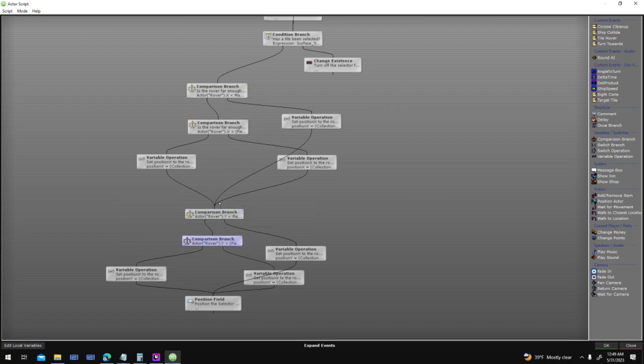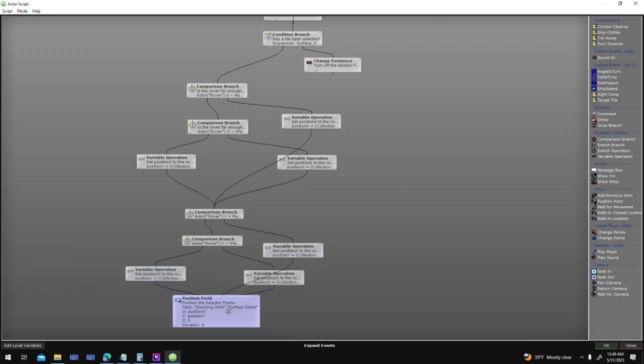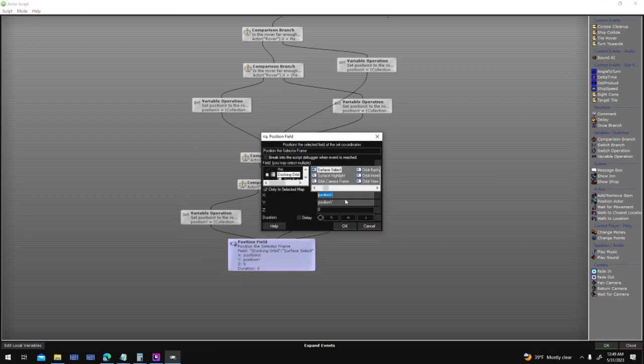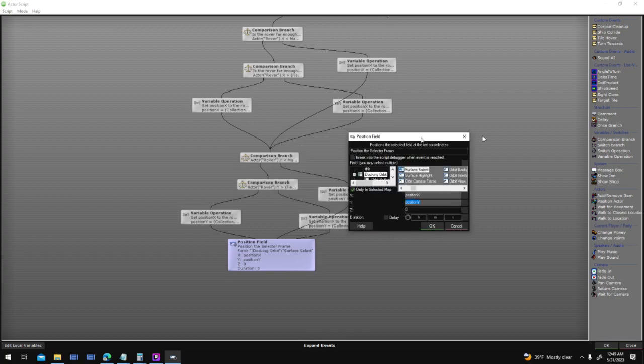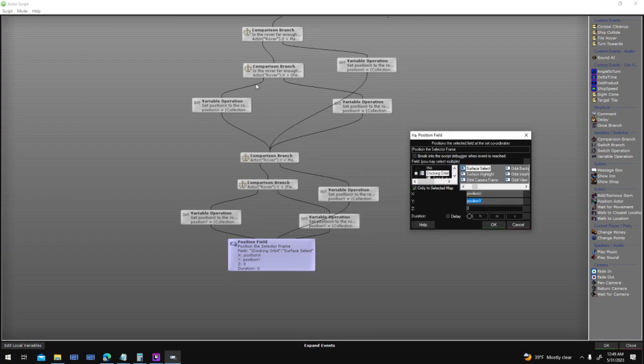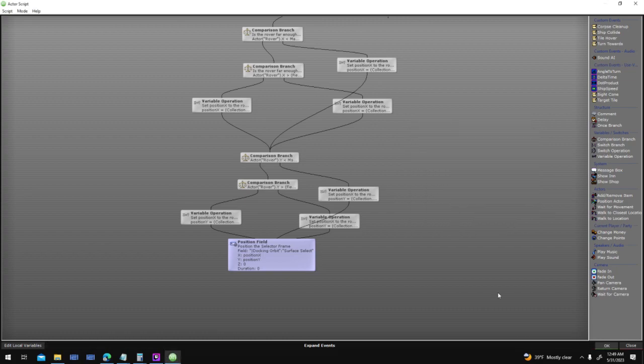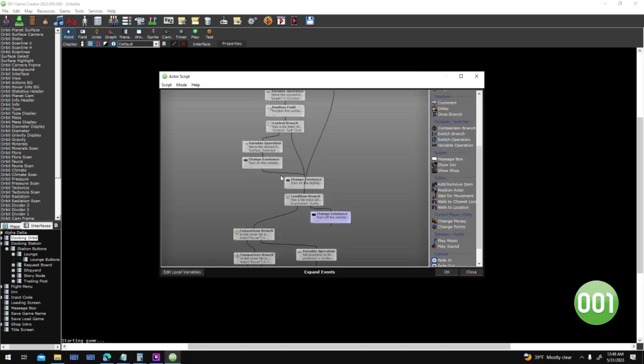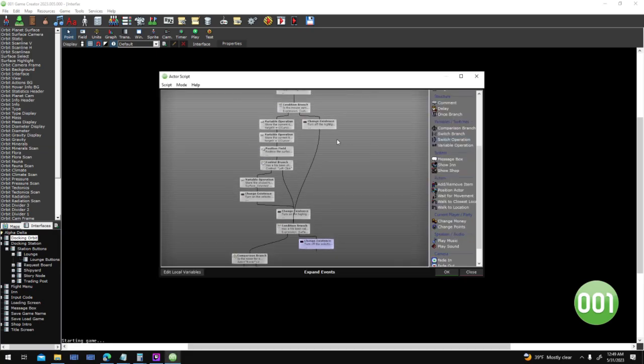I'm going to go through and comment on all these later for my own sanity, but since it's storing them in these variables, position X and position Y, I can just use those values here, which allows all these conditions to choose which values are going to be passed to my position field event here, and that will move my selector field around. Now, the other thing that I also need to do is move the surface highlighter,